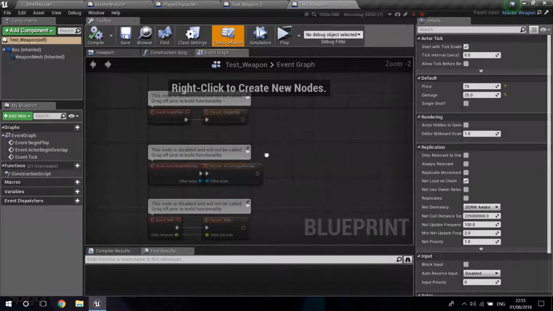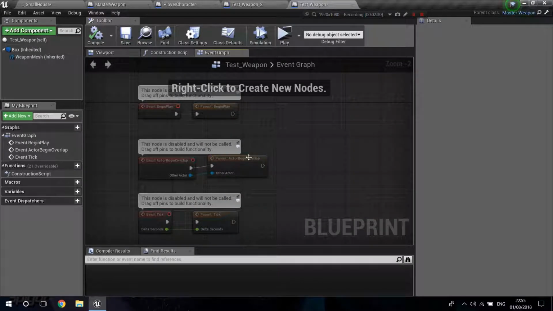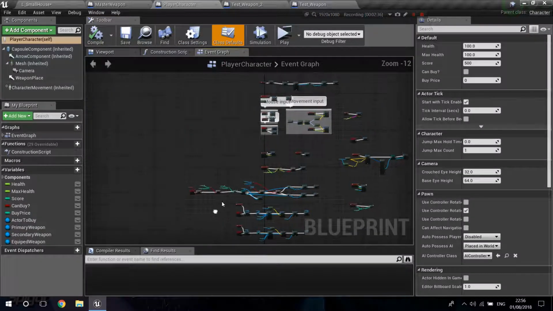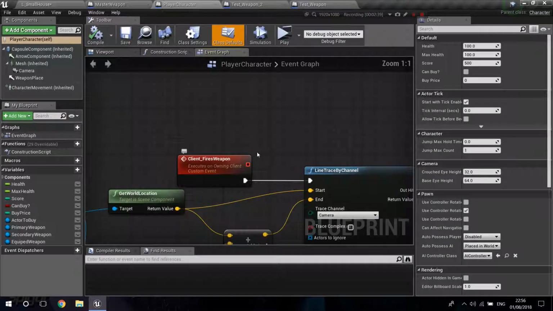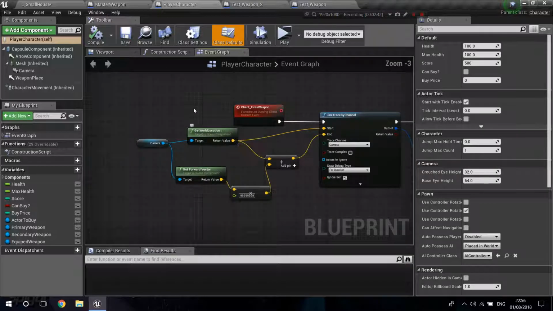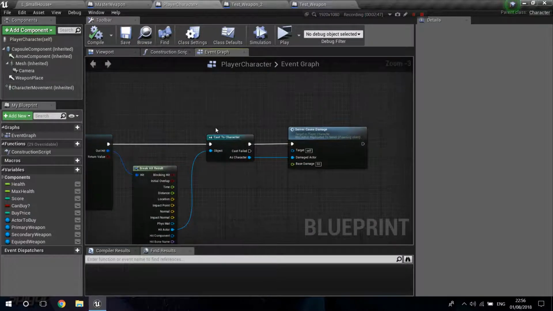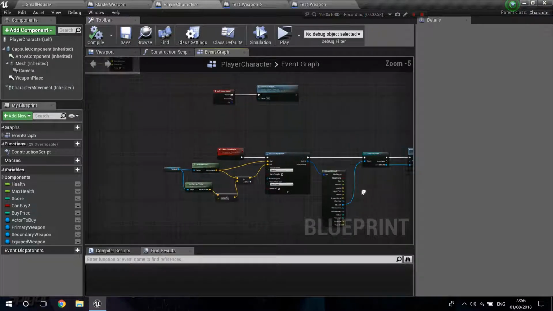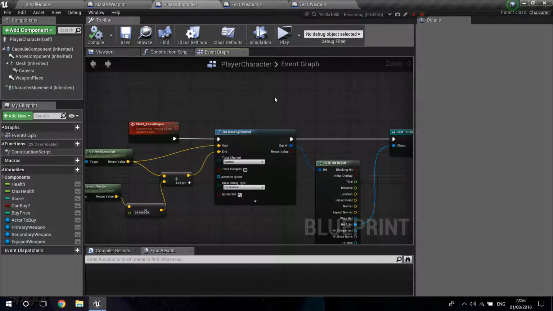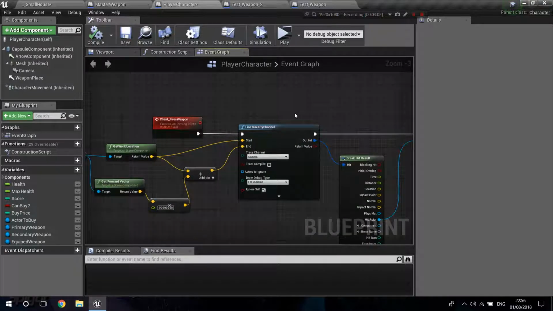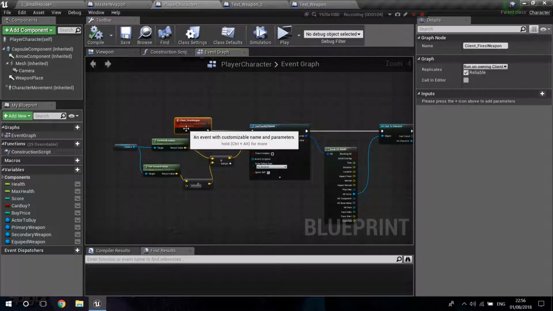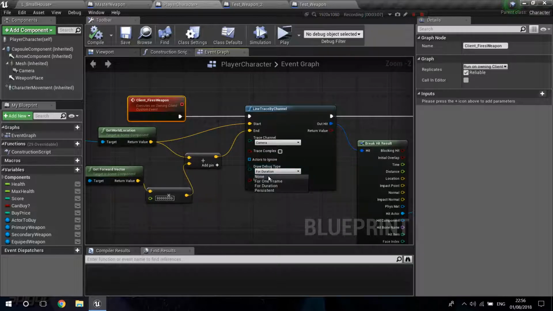But right now we're gonna have to make the things fire. So the first thing that I'm gonna do is go into my player character, and you're gonna find what makes weapons shoot. If you go over here, you can see that right now we are firing a trace. We're gonna leave this the same because the line trace that we fire is going to be from the center of our camera. The things that are going to come out of our weapon, like the effects and the sounds, are going to be cosmetic. What's going to happen is this: we're going to turn this debug off, so set it to none,